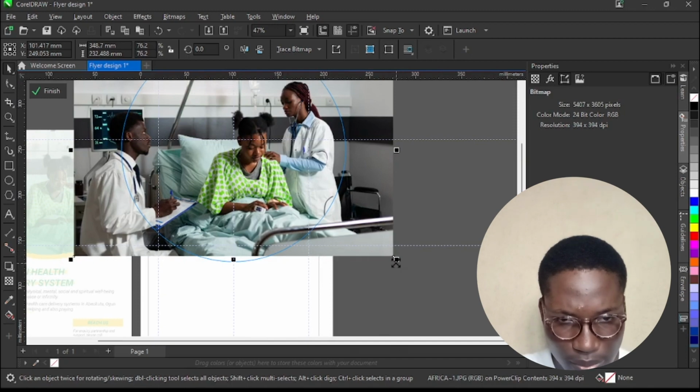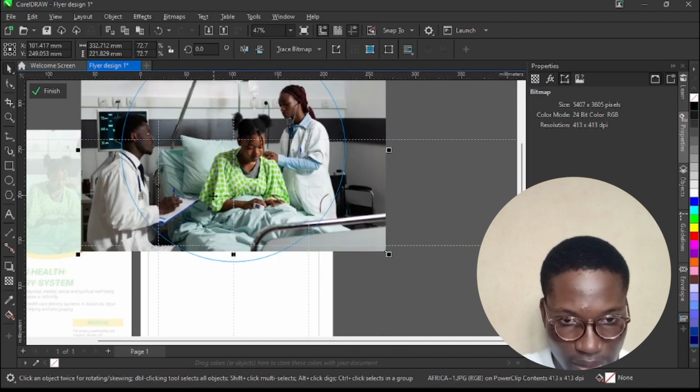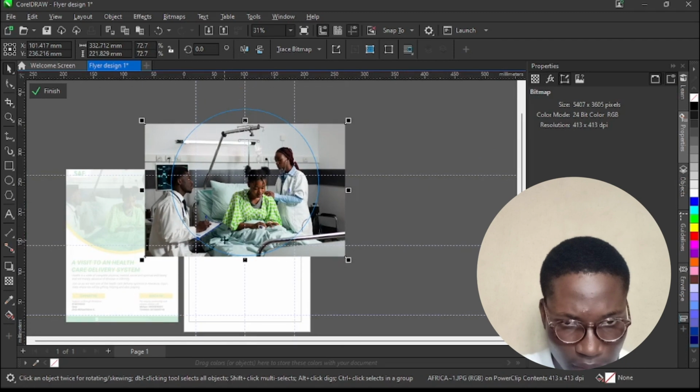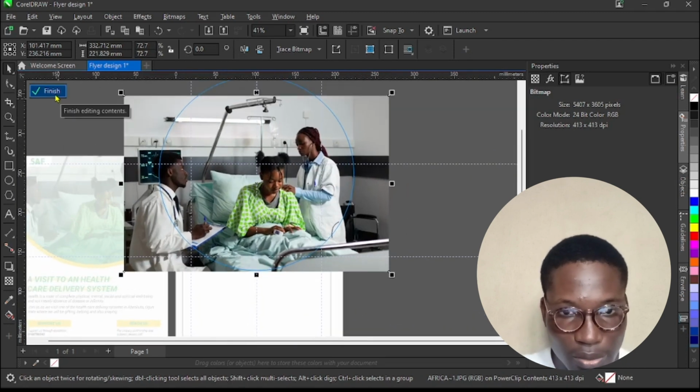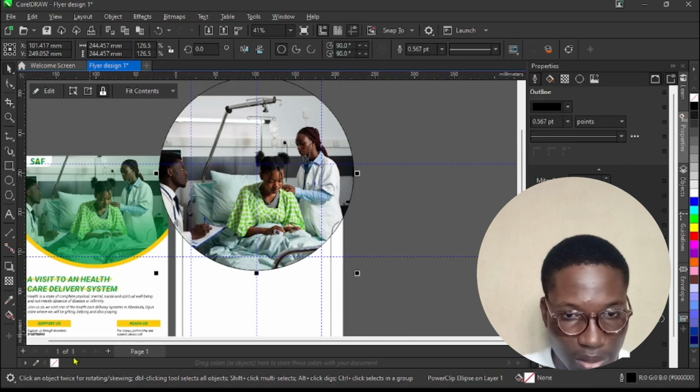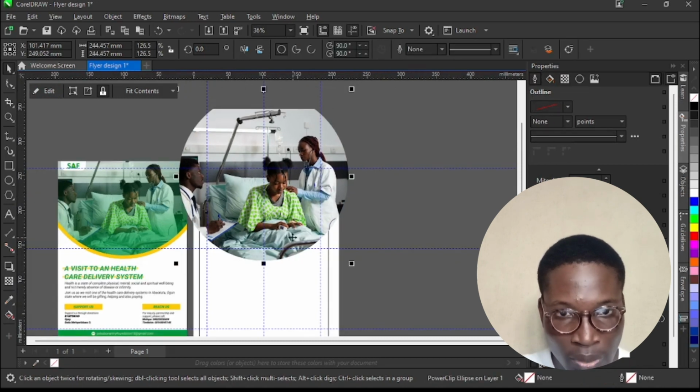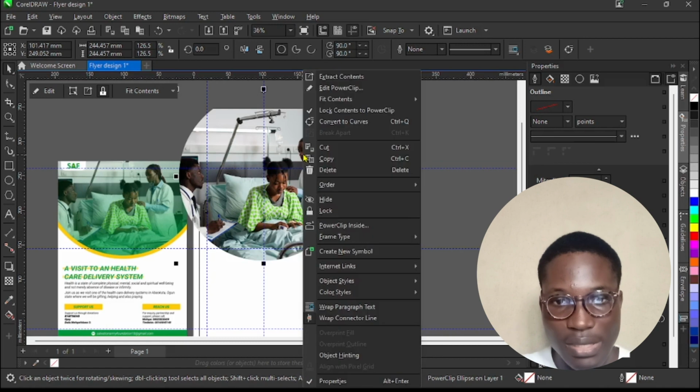This is still too big, so let's bring it down. Yes, this is perfect. So we would click on finish. That means we're done with it. Remove the outline because we want to. Then power clip the circle